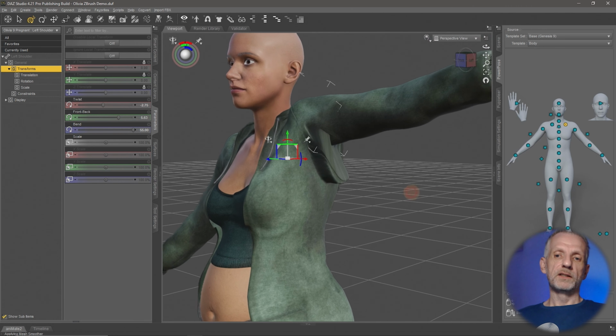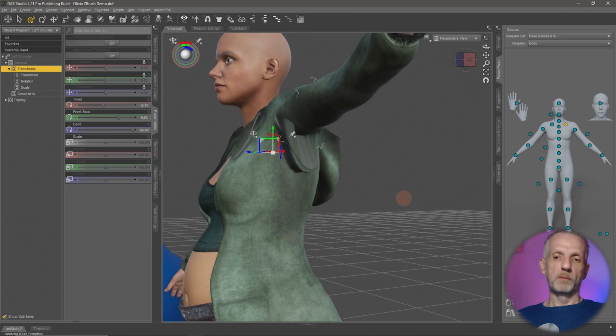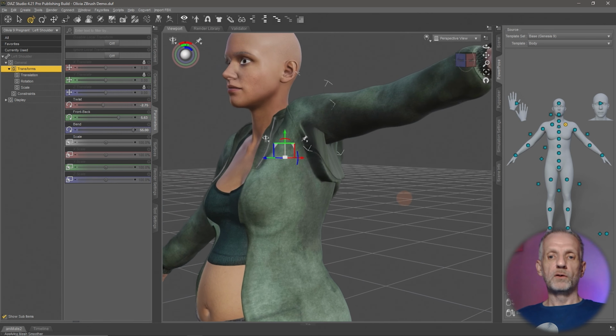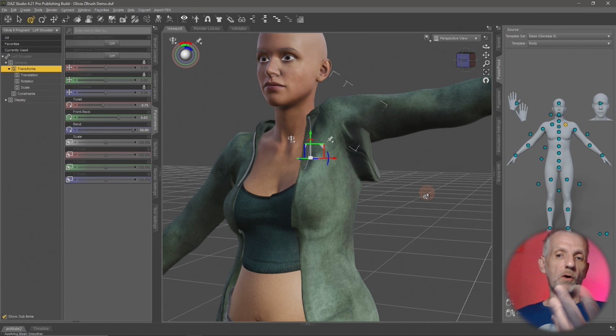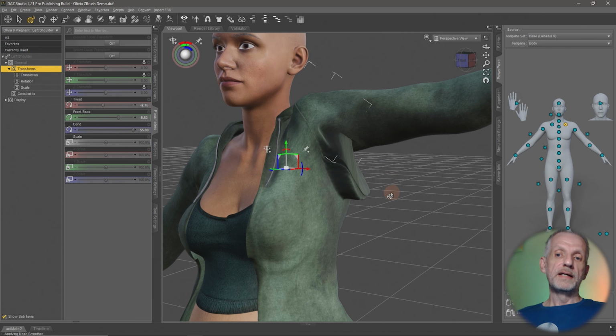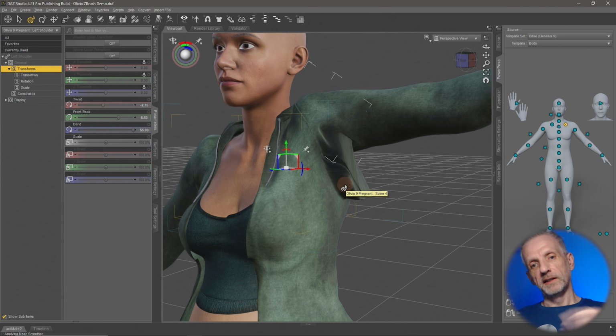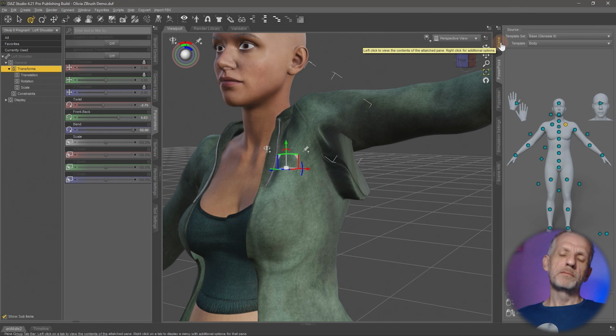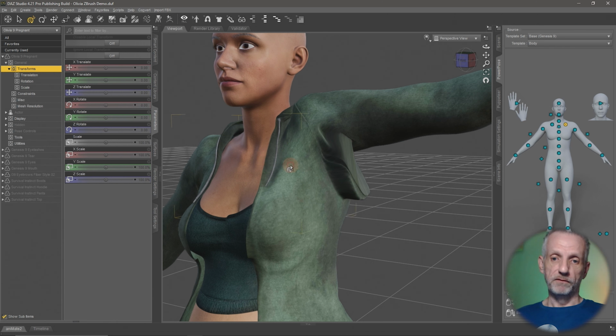And this is a combination of weight maps not working properly, weight maps that need smoothing, and also the underlying corrective morph that creates this, that needs to get smoothed. And the way this works is that we can export our character as is and just make a note of what morph is causing that, make sure it's dialed up to 100%, go fix it, and then bring it back. So it might be a little bit beyond the scope of this quick tutorial, but just to show you how I would go about that, I would select my base figure first,